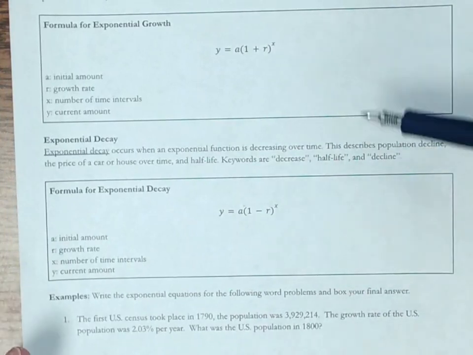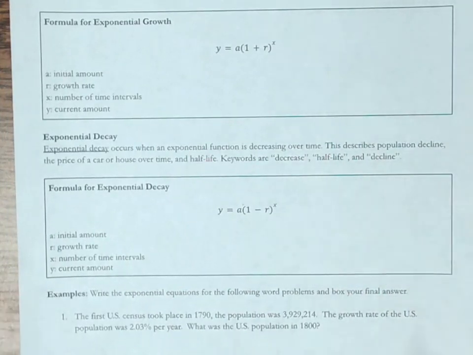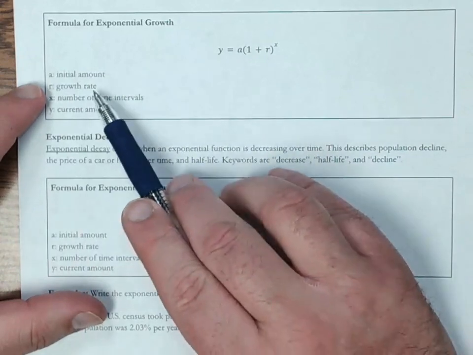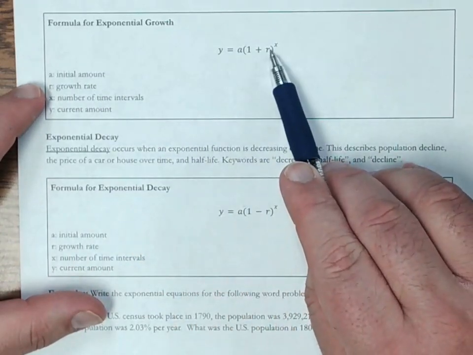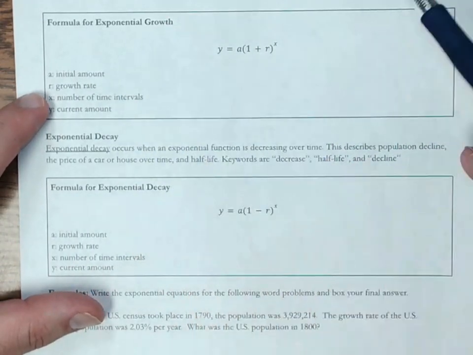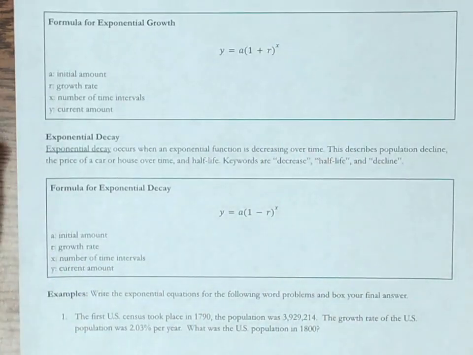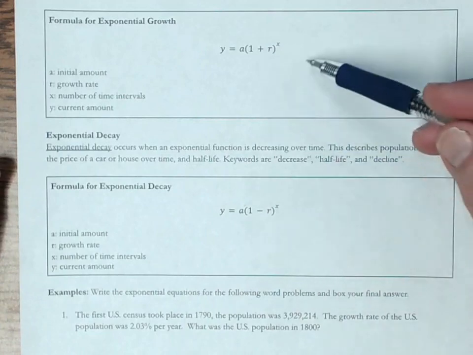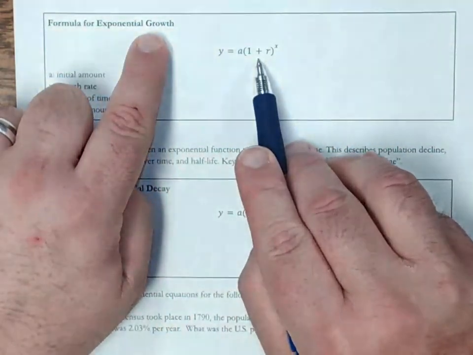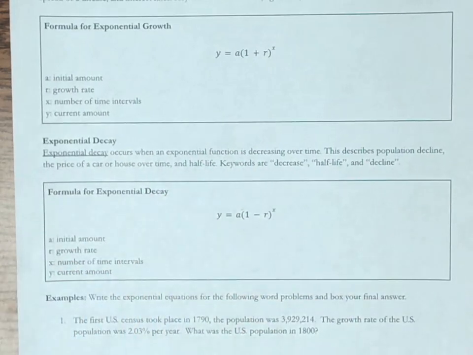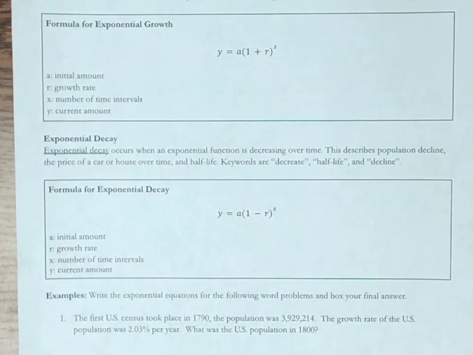Right in front of you here, I have both formulas. They both have the same four basic parts. There's an initial amount, that's A. There's a growth rate, R. There's a number of time intervals, that's X, and then there's the current amount, which is Y. The only difference between these two is that growth has addition and decay has subtraction. That's the only difference. And you're going to figure out which one that you need to use based on the